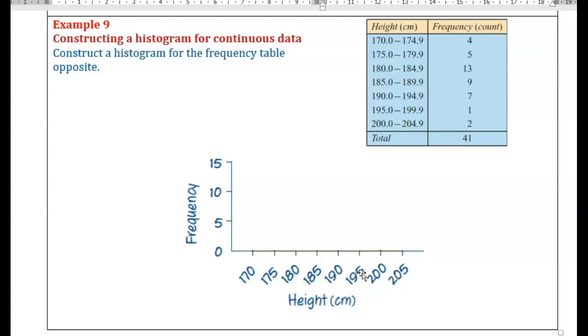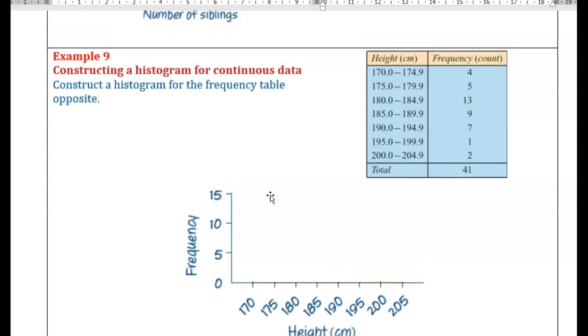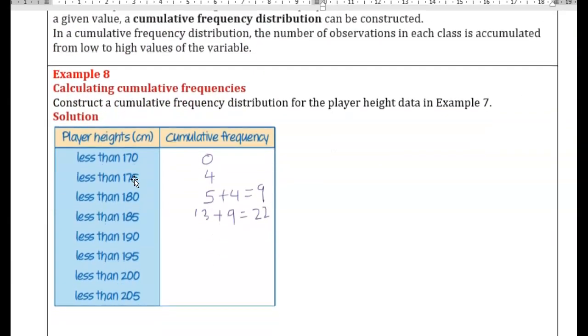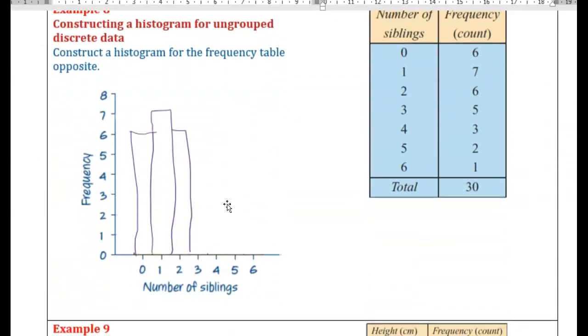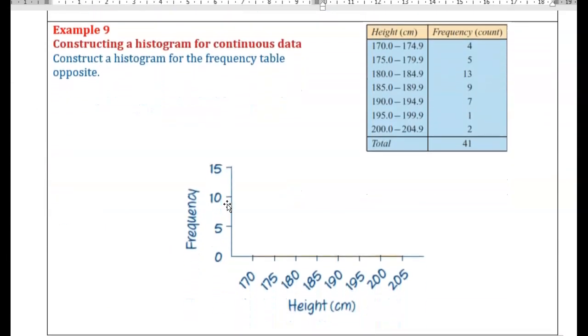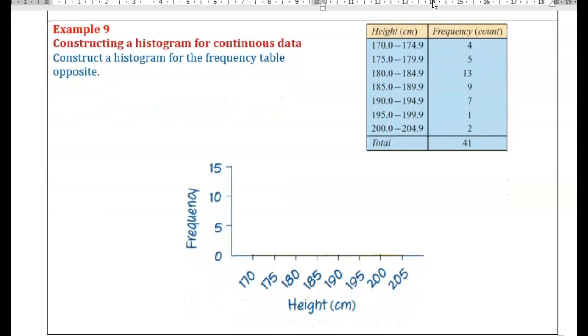Okay, constructing a histogram for continuous data. Okay, so we're looking at this interval here, so 170 to 174. What's this? Hold on, let me just scroll. I had less than, okay, there we go. Thought I made a boo-boo. Okay, so let's keep going. So the first one is 4. Oh, terrible table. Okay, that should be at 4. Should probably be a bit lower than that. I'm just going to write 4 there so you know it's not 5, even though it's a little bit below. Okay, and then we have 5. Oh, that's terrible. I feel like I should do that again. But you get the gist of it. And then 13,